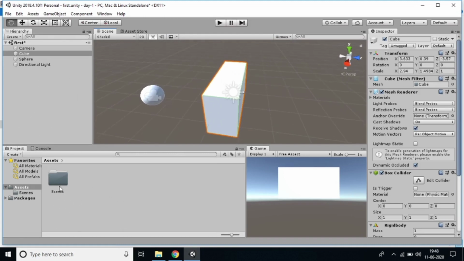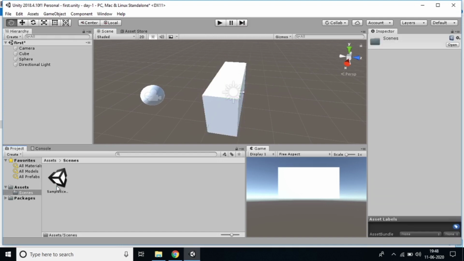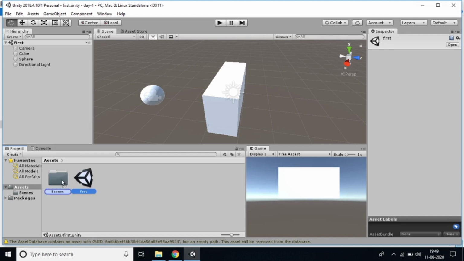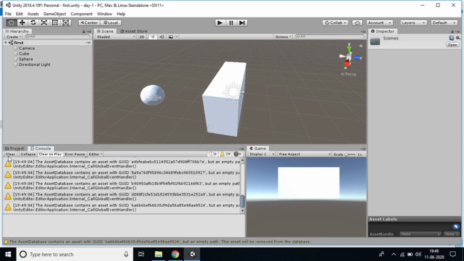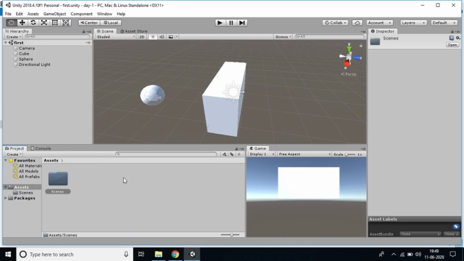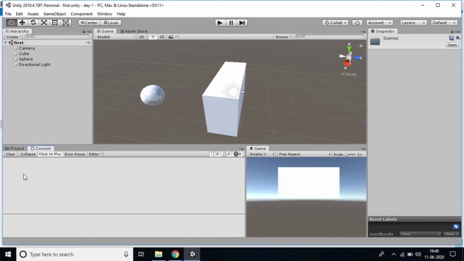Coming to the project window, so this is the project window. We can see scene. So everything we are seeing here can be called a scene, right? I'll press Ctrl S, the star will be saved. You can see that this is the one scene. So just drag and drop here. So every scene was there here. Okay. So this is the scene. Next, go to the console. If I do any programming, it will print here. The output will be printed here.